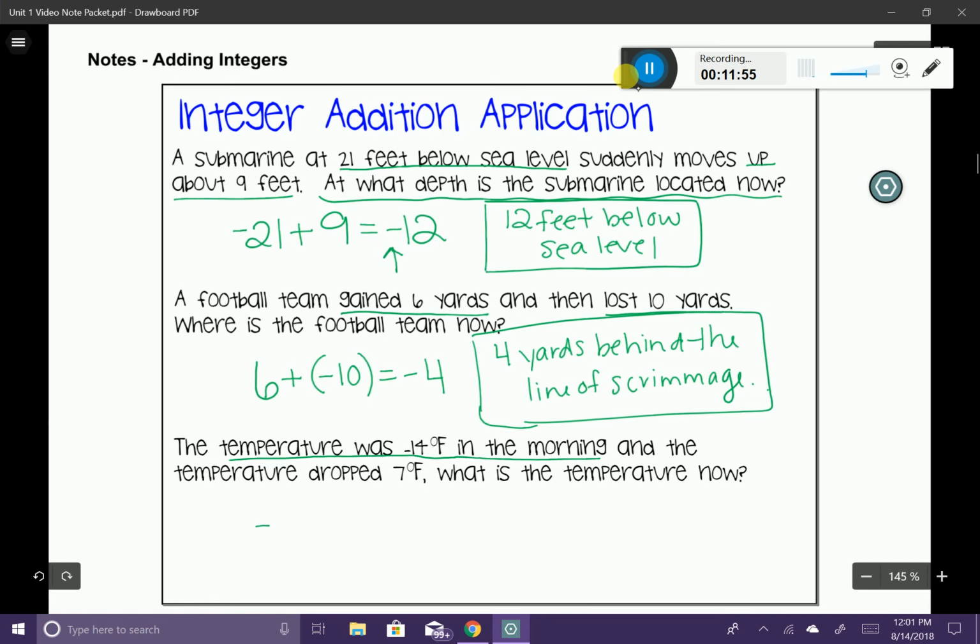And it says the temperature dropped. The word dropped means that it went in the negative direction. It went down. So I'm going to go ahead and add a -7 to that. There's my expression. If I simplify this, you can see that I am going to be adding 2 numbers with the same sign. That's going to give me an answer that has the same sign as both the numbers. So that's going to be -21. So the answer to